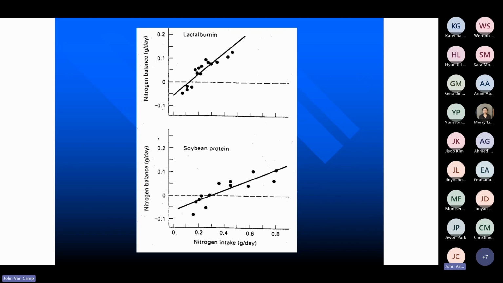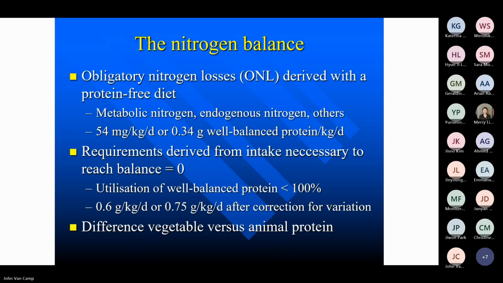You will lose them anyhow, independent of whether you take nitrogen or not. You can do that by looking at the protein-free diet, and the nitrogen that you will measure there is the metabolic nitrogen, which you will find in the fecal material, and the endogenous nitrogen that you will find in the